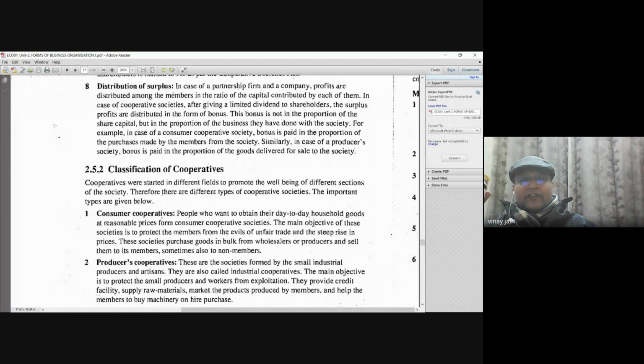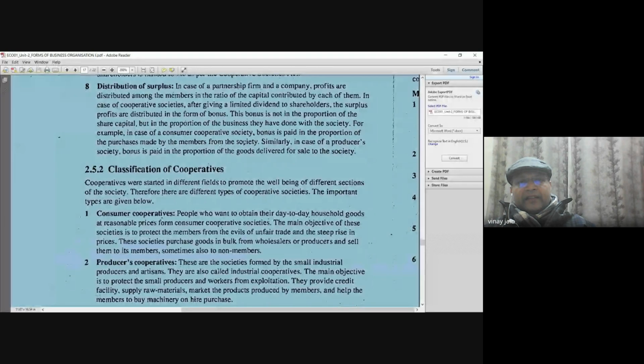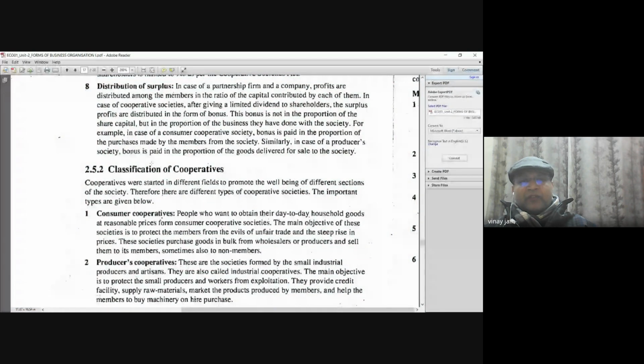Guys, this bonus is not in proportion to the share capital, but in proportion to the business they have done with the society. For example, in case of a consumer cooperative society, bonus is paid in proportion to the purchases made by the members from the society. Similarly, in case of a producers' society, bonus is paid in proportion to the goods delivered for sale to the society. Now, guys,